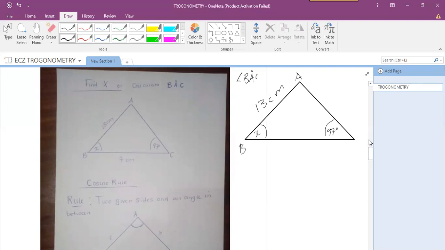That's side B, that's side C, and this is 7 centimeters. So they want us to calculate angle BAC. Oh, I drew it the wrong way. Angle BAC is this angle here. Would have made another mistake. That's the angle there. So when I send you the notes, put the angle